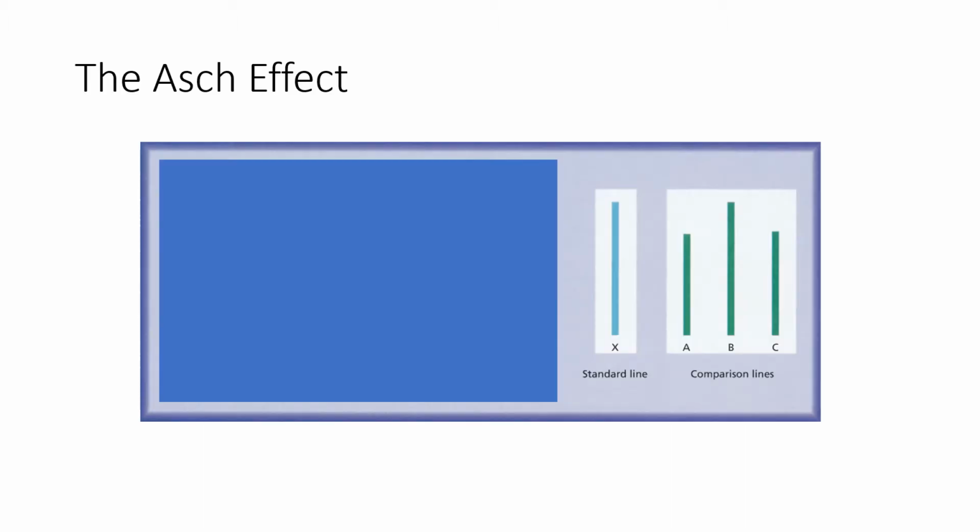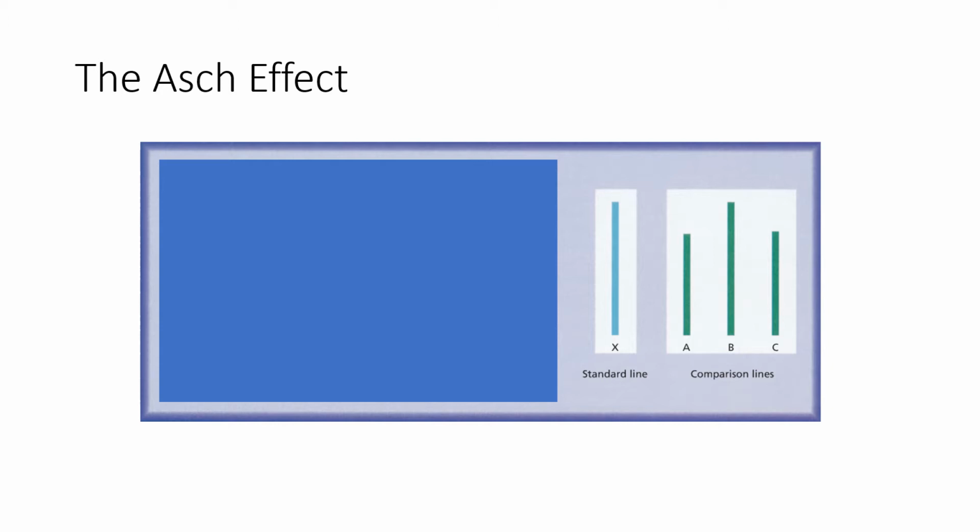And for this discussion, I'm going to start with one of my favorite all-time studies called the Asch effect. Asch was the researcher, and he had participants come into this lab, and they were given the standard line, and the task was to pick which line, A, B, or C, is the same length as X. So I'll give you a second. The correct answer is B, and this should be fairly obvious that the line X and the line B are the same size. But what happened in the experiment is that a group of people would be there.